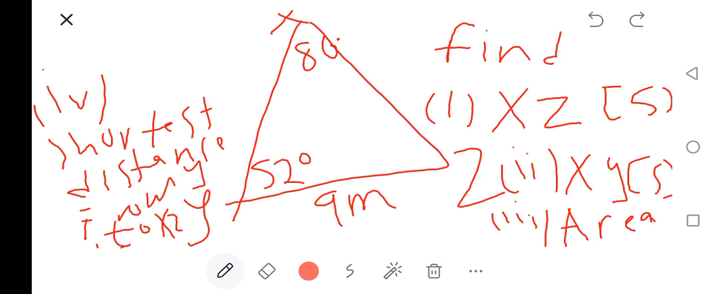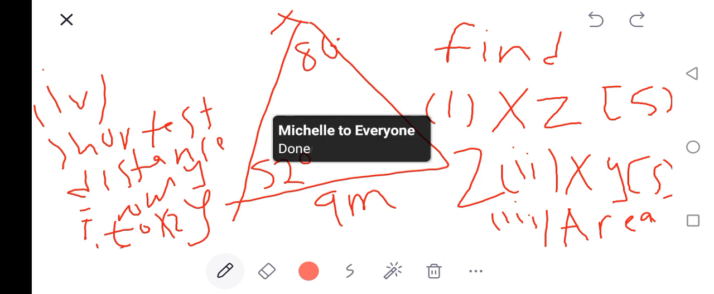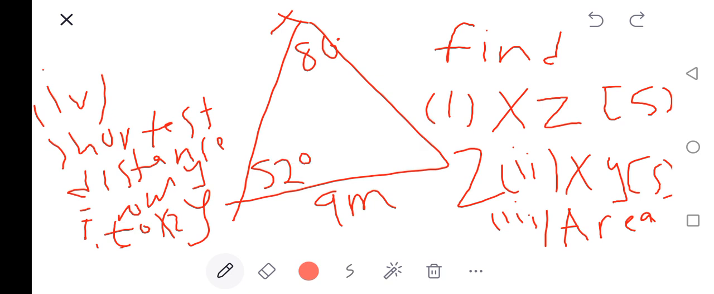Are we done copying? Madam Michelle, write a message. Are you done copying? Jane Nambuisha. Okay, Madam Michelle is done. Madam Selina. Okay, so